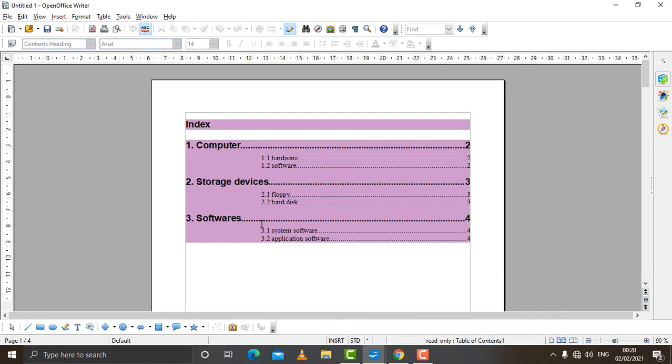So we can see that OpenOffice Writer has a very useful tool for creating indexes if we are having long documents like stories or books or anything which we have created and that thing requires index. We can create it easily. Within few clicks the index will be created. That will show well arranged format of the document. So these are some of the features which are there in OpenOffice Writer.